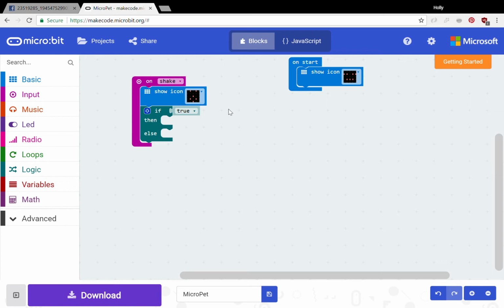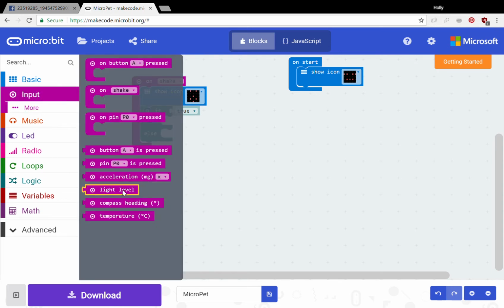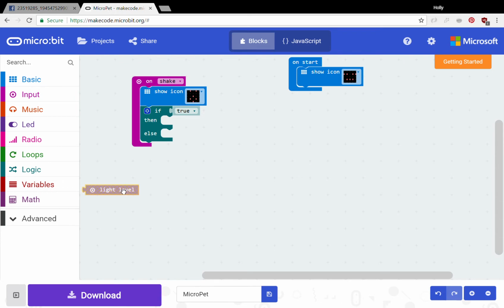So we can use that, and we have a good block here for doing that, and it's called the light level. So we want to figure out the light level. So again, light level, just like shake and just like the buttons, is another input. So we're going to go to input here, and you can see here is light level. So you can see the little tooltip is telling us that it reads the light level from the LED screen. So the LEDs are those lights that we have on the front of the microbit. So if we drag this here,